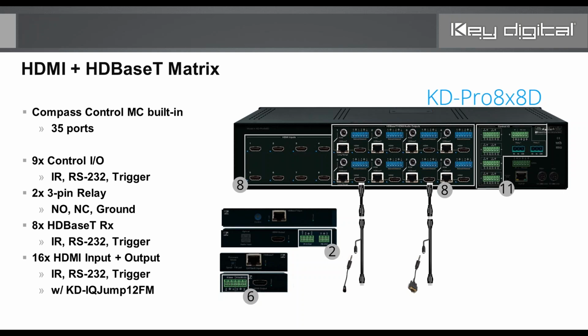And you could use the 8 HDMI inputs and the 8 HDMI outputs with the KD-IQ Jump 12 FM, so that's an additional 16 ports when you purchase the KD-IQ Jump 12 FMs as a means of embedding IR, RS-232 and voltage onto the HDMI cables. So it can become a very clean, single wire solution to your connected sources and displays,